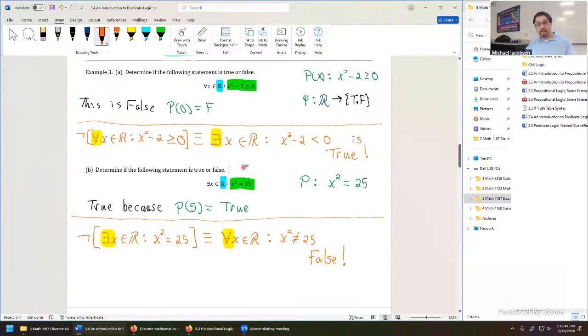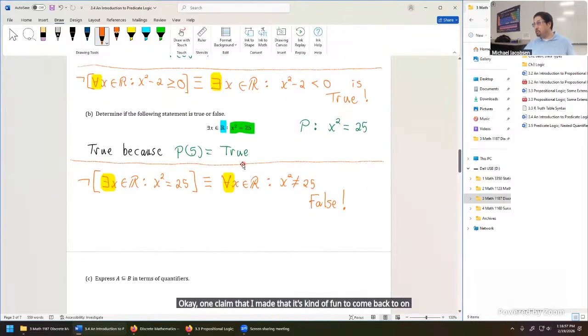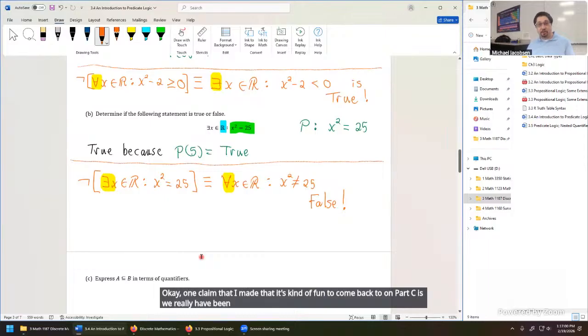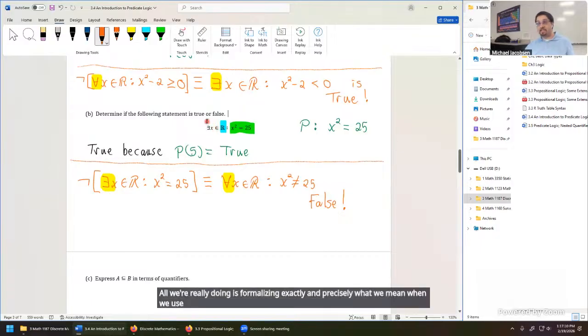So that's quantified statements so far. Any questions, folks, on either A or B? Okay, one claim that I made that it's kind of fun to come back to on part C is we really have been working with quantified statements a lot. Not just in this class, we think in terms of quantified statements. All we're really doing is formalizing exactly and precisely what we mean when we use these quantifiers, the existential one